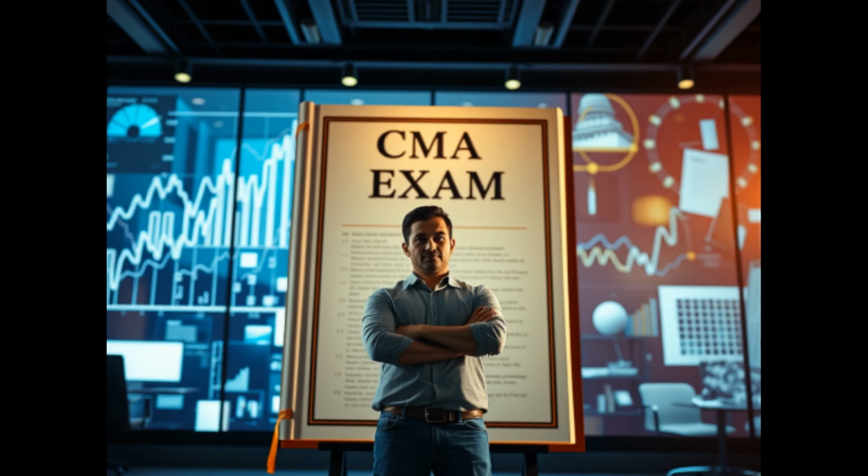Time management in essays. Time management becomes crucial during the essay section, where candidates must complete several scenarios within a limited time frame. Successful test takers recommend allocating specific time limits for reading, planning, and writing each response. Many find success by quickly outlining their answers before beginning to write, ensuring they cover all required elements. Leave time to review your responses for completeness and clarity, as points are often lost due to missing key components